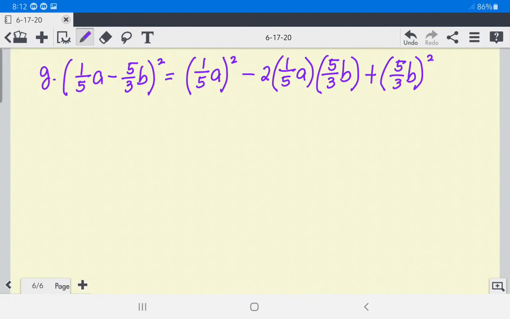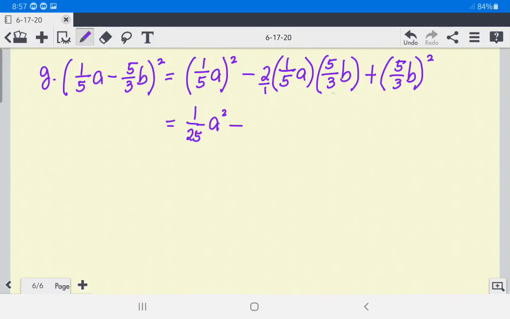Okay, next. 1 squared, we have 1 because 1 times 1 is 1. 5 squared, we have 25 because 5 times 5 is 25. Then a squared. Then minus. So here, the numerators are 2, 1, and 5. The denominators are 1, 5, and 3. So, square the first term, we have 1 squared, 1. 5 squared, we have 25. Then a squared. Then minus, multiply the numerators, 2 times 1 times 5, and then multiply the denominators, 1 times